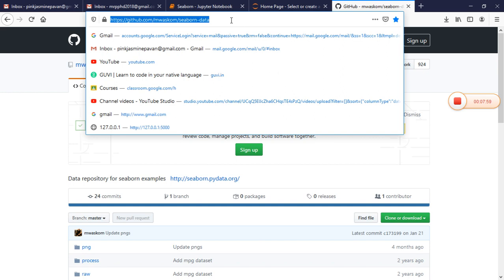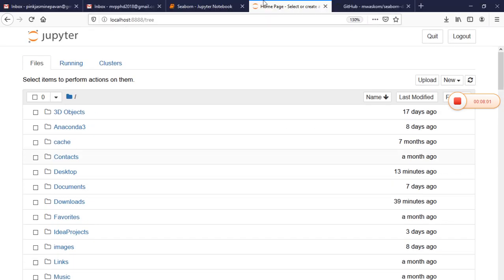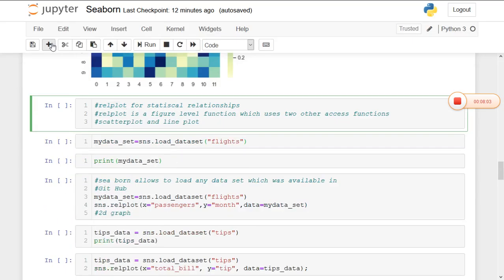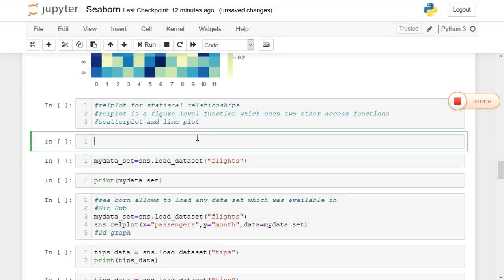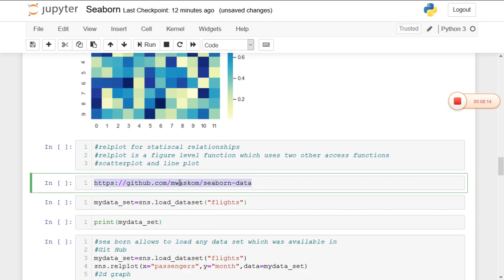I will maximize this one so that it will be clearly visible. I will add one line here. Yeah, I think it is visible. So it is github.com/mwaskom/seaborn-data.